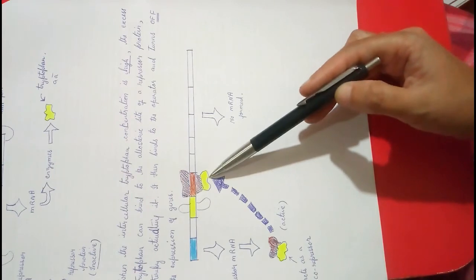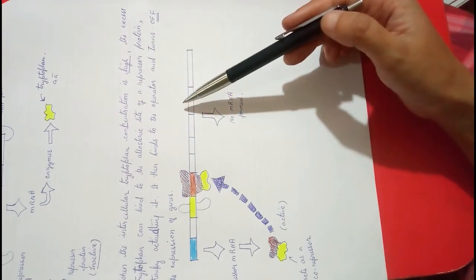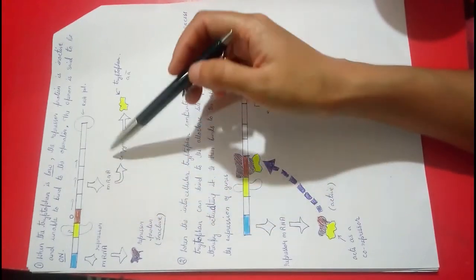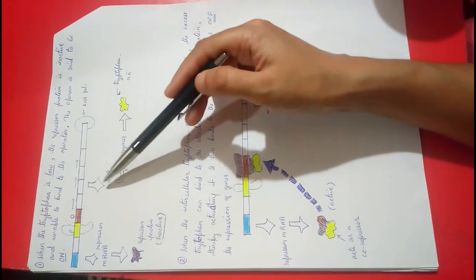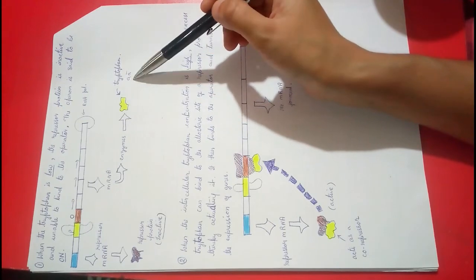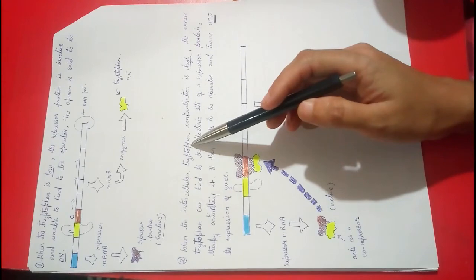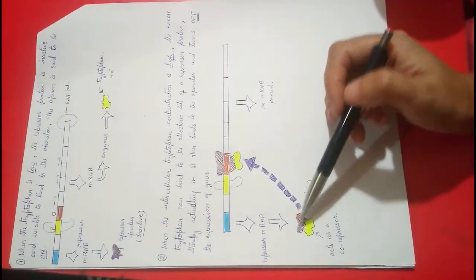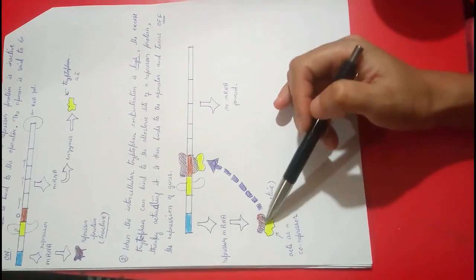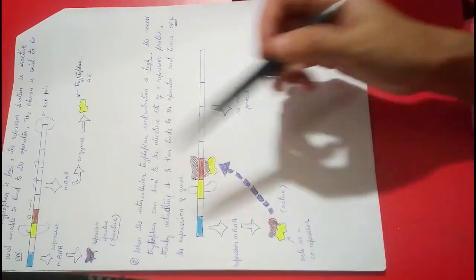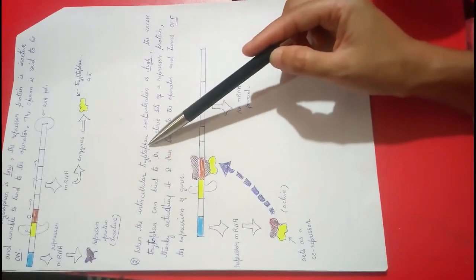Because the tryptophan is already in excess, it blocks the process, it turns off the operon. So girls, I hope it's clear enough that when tryptophan is low, the structural genes will be transcribed into mRNA and finally translated into proteins, which are involved in the biosynthesis of tryptophan amino acid. And in case there is so much tryptophan in the cell, when the concentration is too high, then these tryptophan molecules will bind to the repressor protein, making it active, and thus this active repressor protein will block the way of the RNA polymerase enzyme by binding to the operator site. So it is as simple as that. When the tryptophan concentration is low, the operon is on, whereas in case the tryptophan concentration is high, the